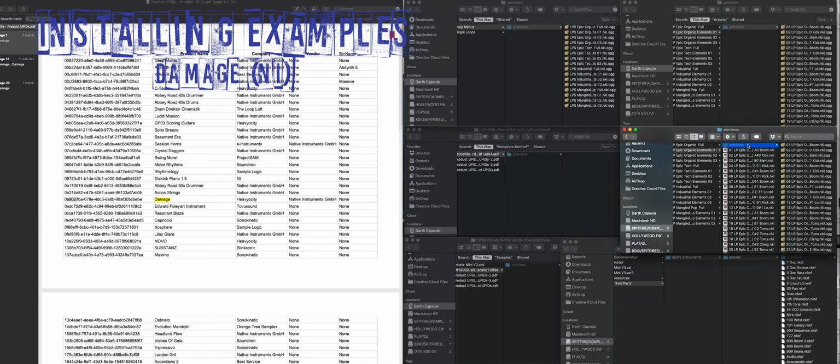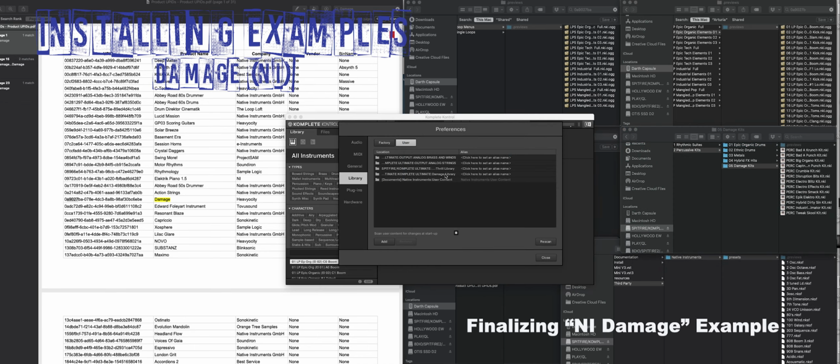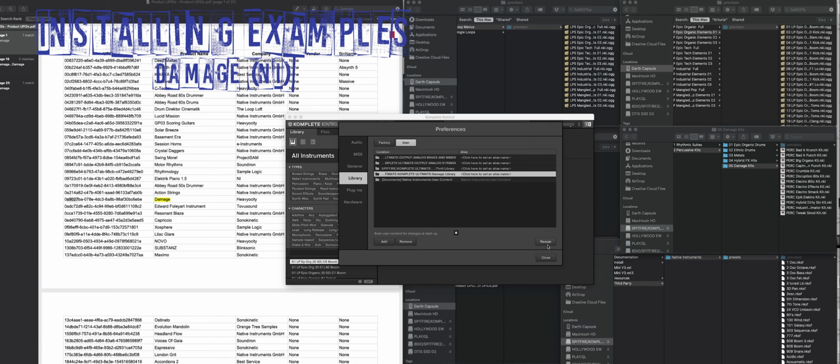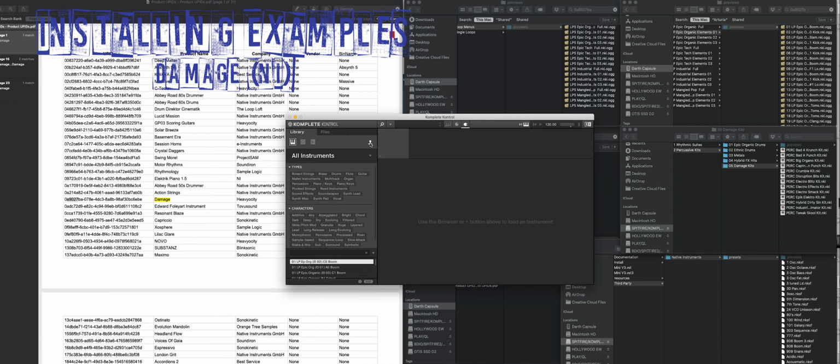This is the most complicated you'll find, and sadly, even sometimes you might find 90 out of the 100 presets you'll hear. It just is what it is. And don't forget, after you put all the folders in there like we did, you're going to click on it, hit Rescan, and it's going to circle. When it's finished circling, hit Close. Come over here. And now you'll notice that damage is there. When you click on it,